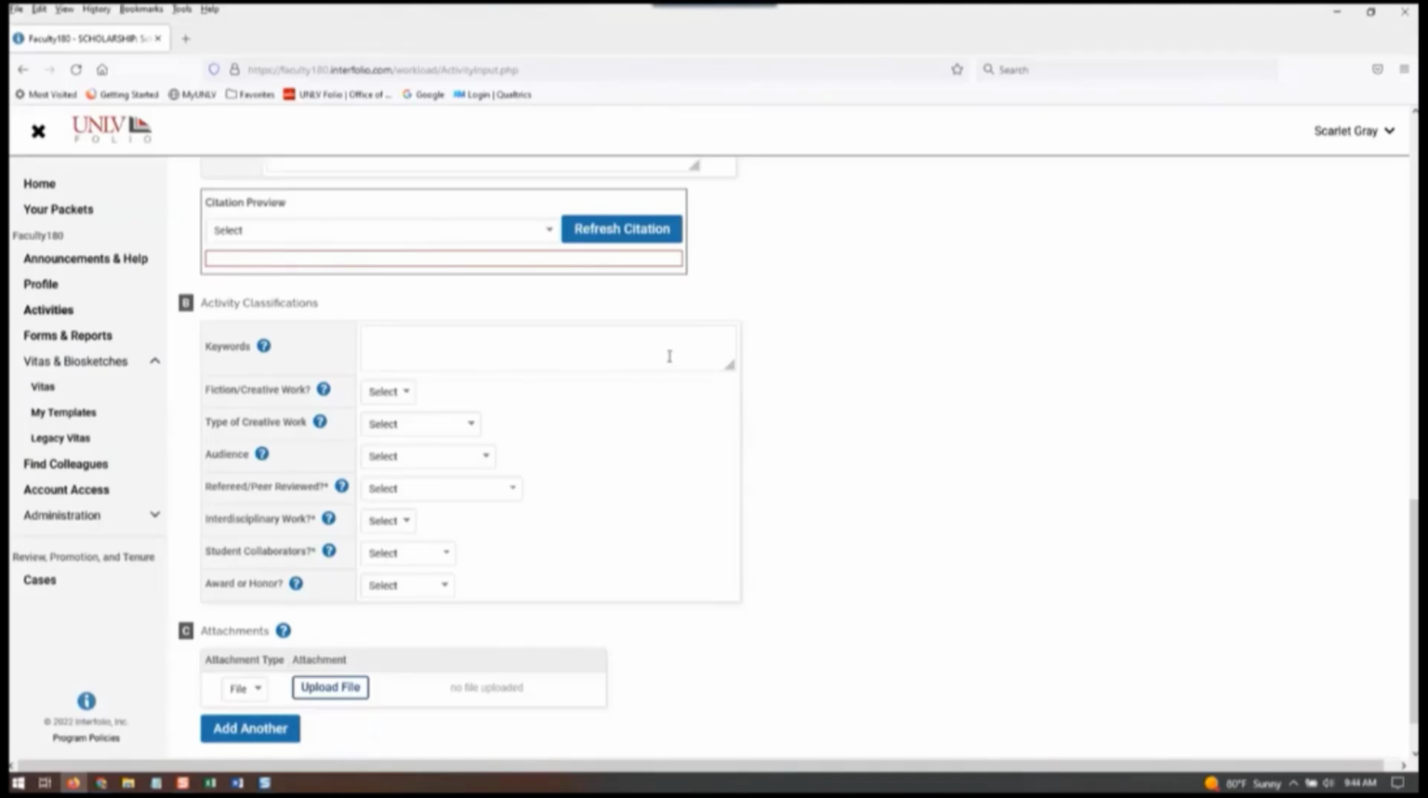So you have an opportunity to put keywords, and you can see what for a particular journal article. So these are some of the choices. Each subtype that you would choose from in our previous screen would have a different set of activity classifications based on the kind of activity that it is. For instance, in